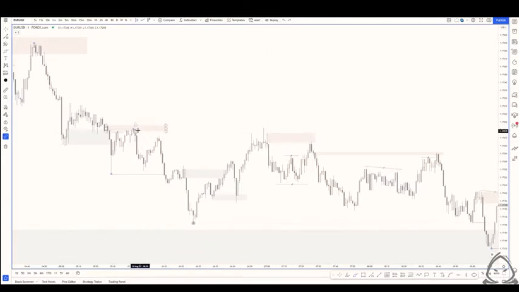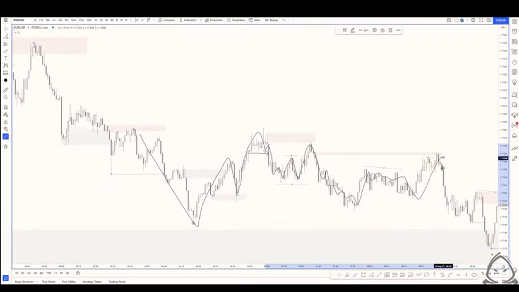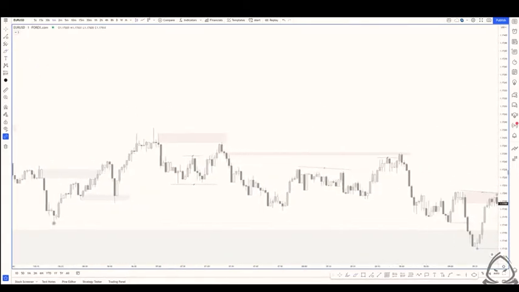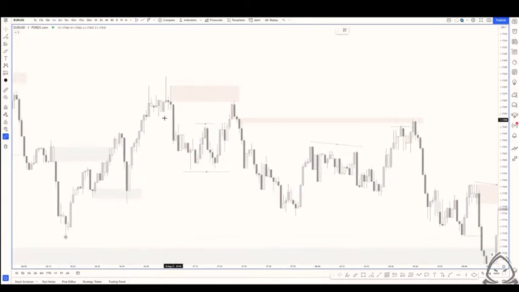So if we're looking at that from that perspective, this is our move, so our impulsive move. We have substructure. We're starting to break very small structure, so we're starting to shift to minor, tap back up, and then we're starting to create minor structure. We create some more substructure, and then we start to create more minor structure before we actually take out that swing structure. But as we can see, if I just zoom in just a little bit here, we have a break of structure, albeit very small and minor, and probably not something that I personally would be wanting to trade,